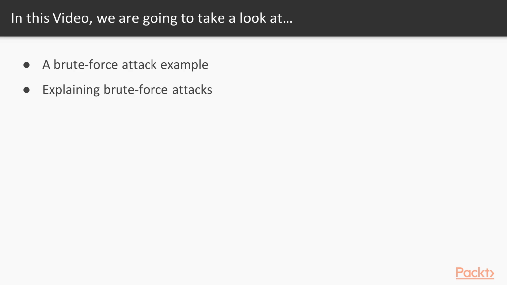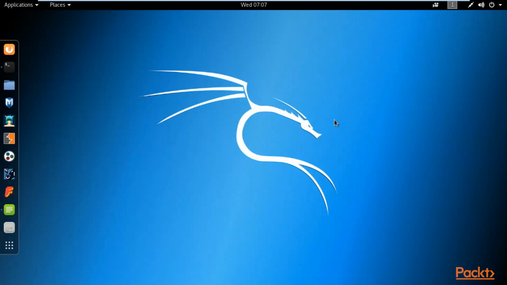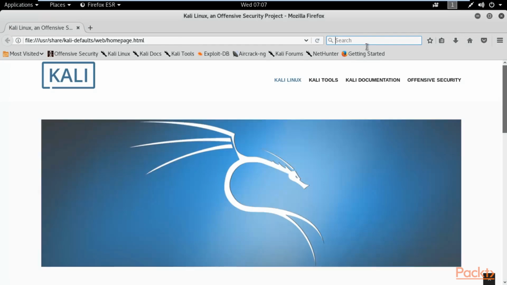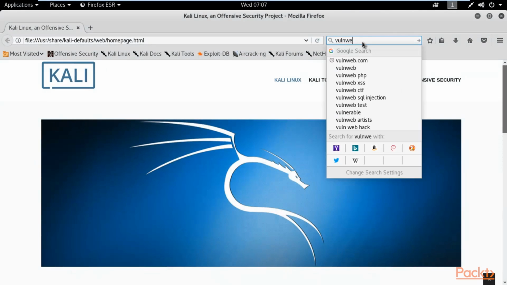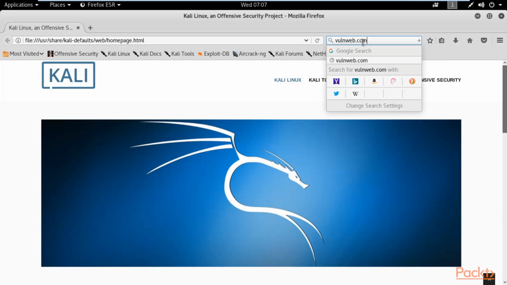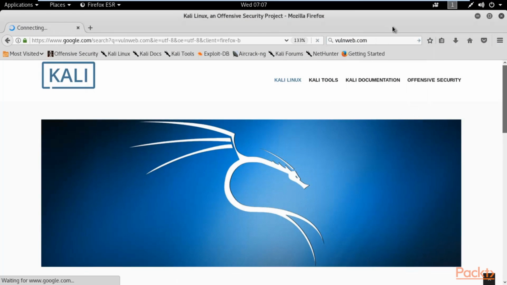So I'm going to use a sample or testing website for practical purposes. Open the Kali Linux operating system and open the browser of Kali Linux. Here I'm on the Kali Linux operating system, first of all open the browser and open that sample website or testing website. The testing website we generally use is vulnweb.com. Open this website